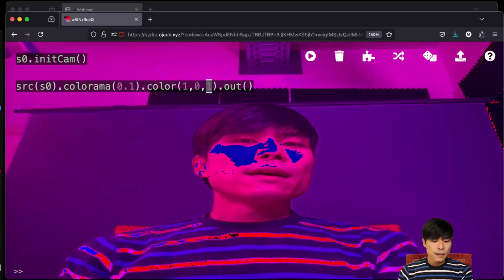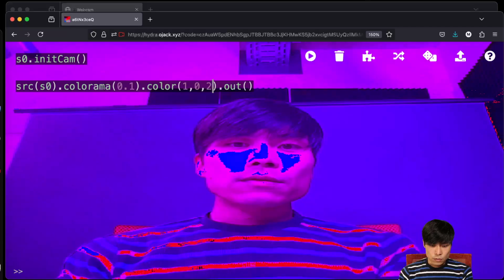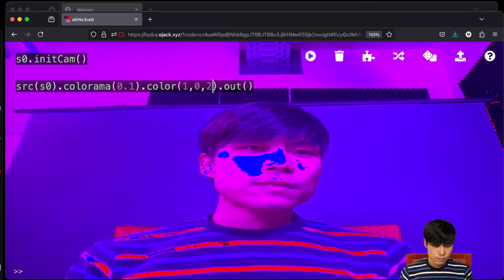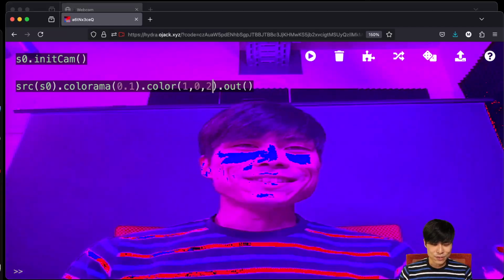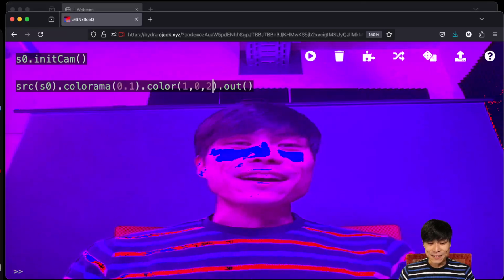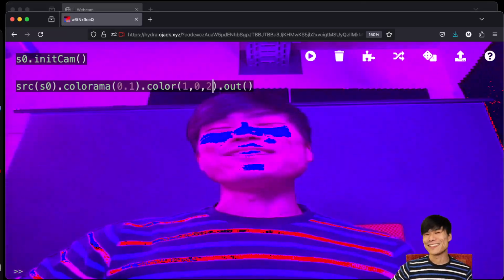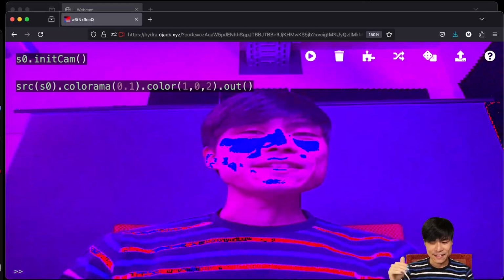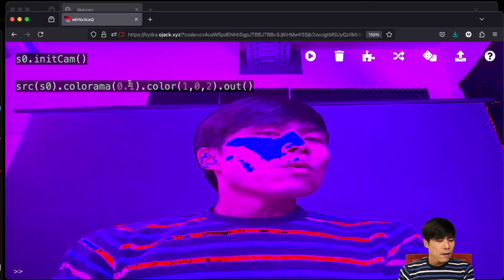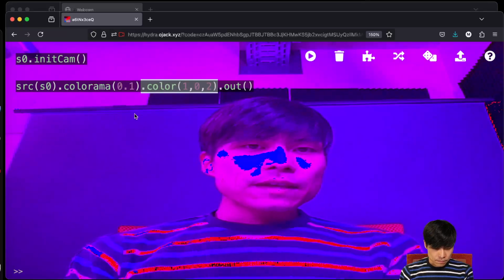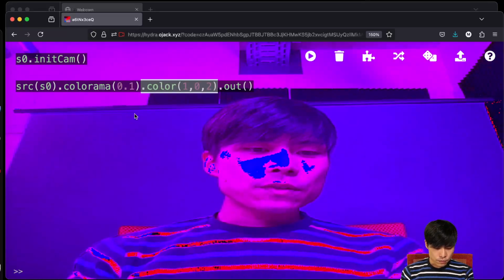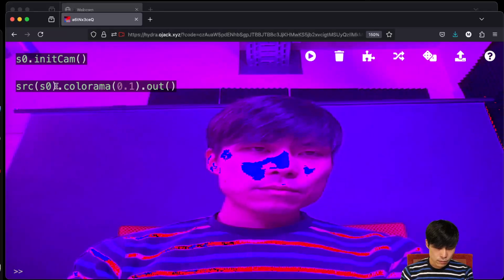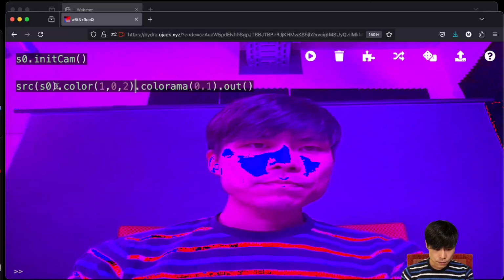Or I want more blue, so it's doing the colorama function. I'm saying effect, and color effect. Oh my gosh, color function in a sequential way. What's interesting here is that in this case, if you change the order, so I'm going to cut and paste here,